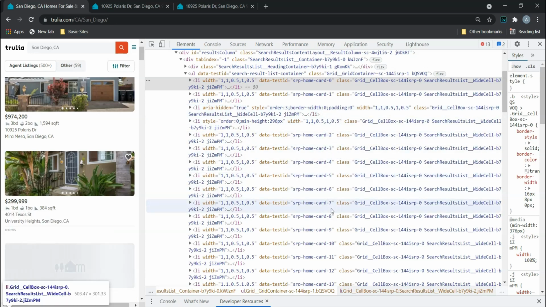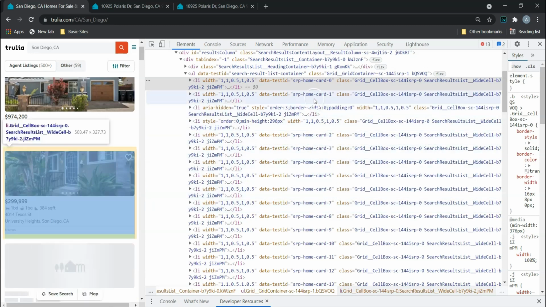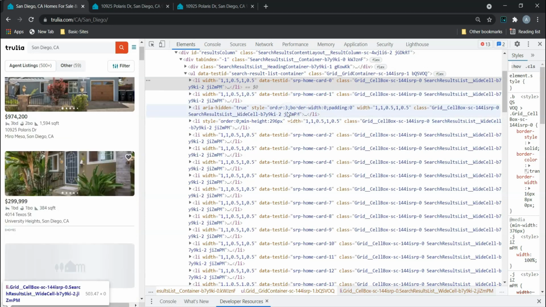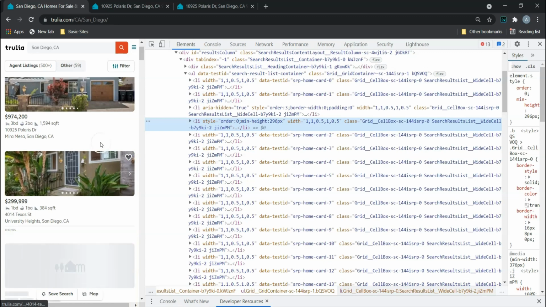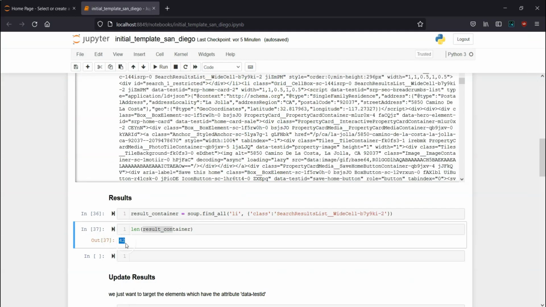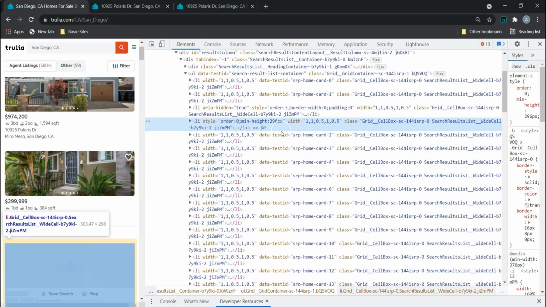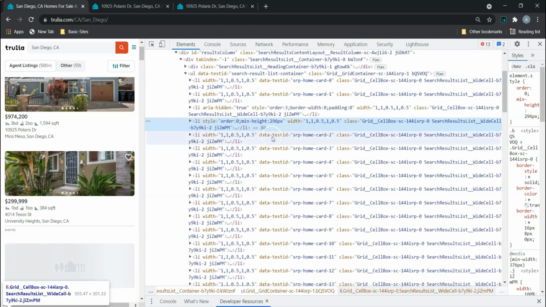Okay, so this should actually be a hint for us that we can just ignore these 2 li tags. Again, these 2. Okay, so this and this one. Because again, as you can remember, inside this page we just have 40 results. And here we have 42. So let's double check what happens if we just ignore the li tags where the data test ID